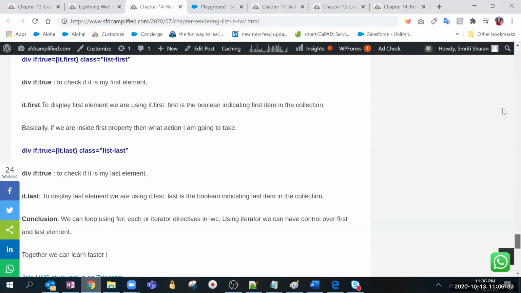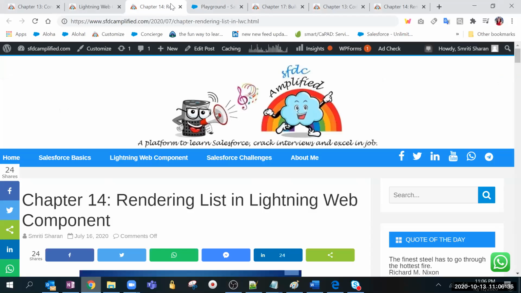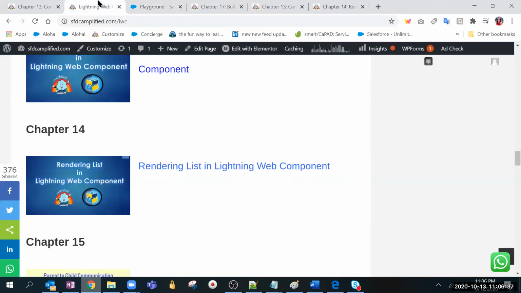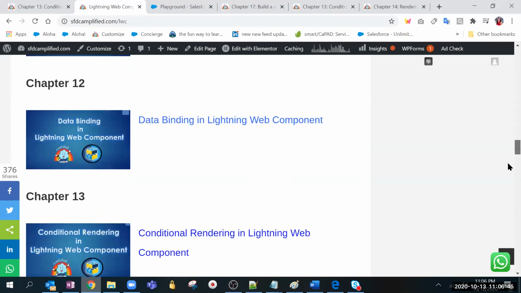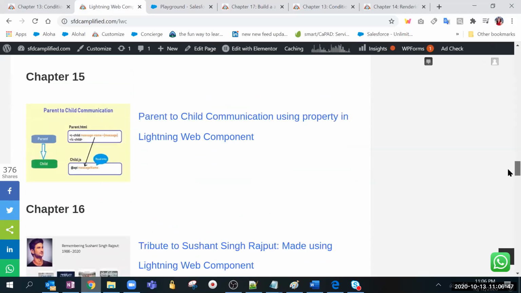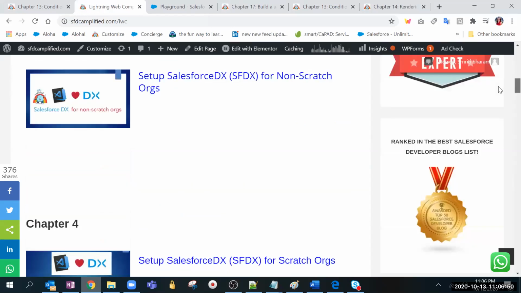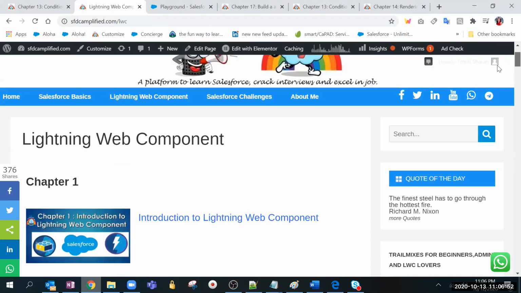Okay, cool. So anyone else wants to talk about this? The iterator is not that important, guys. Again, I'm telling you, if you're able to do for each, you are good. Basically, the iterator is like you are iterating on the list. Whatever the list, like for example, if hobbies were there, dancing, playing, singing, there are 3 elements in the list. So using the iterator, we can get the first and the last element as well. We can do some changes on that, like styling. Got it.